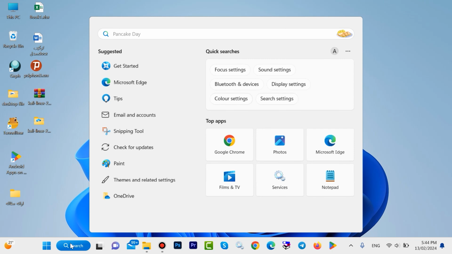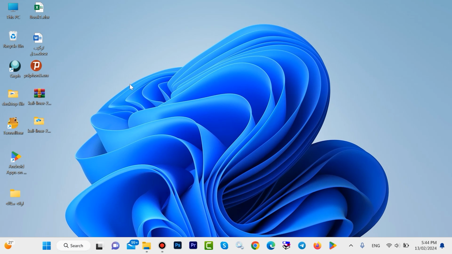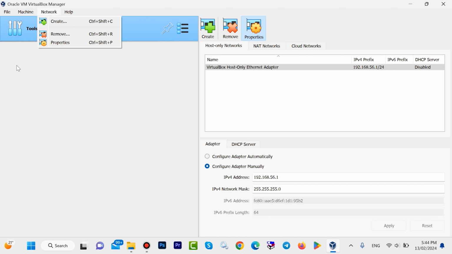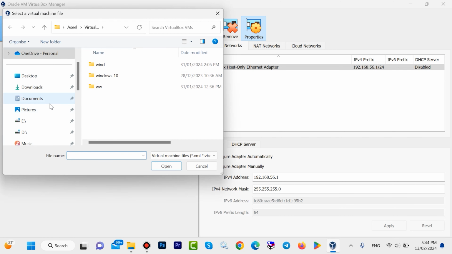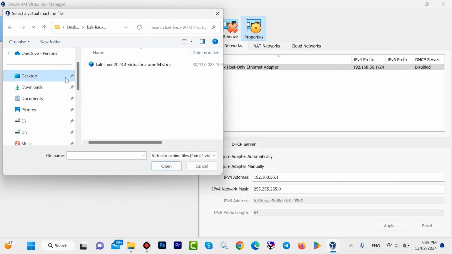In the search bar of Windows, type VM, open VirtualBox. Here we have Machine. Click here, then click on Add. Come to the desktop or anywhere you put your Kali Linux. Open your Kali Linux folder. Look, here we have Kali Linux